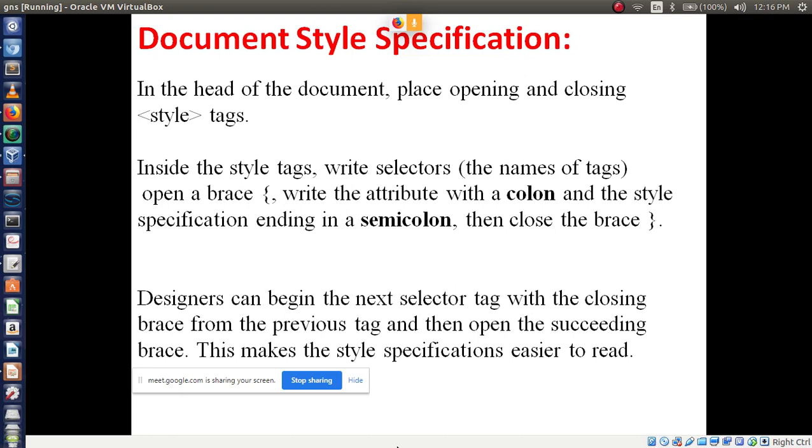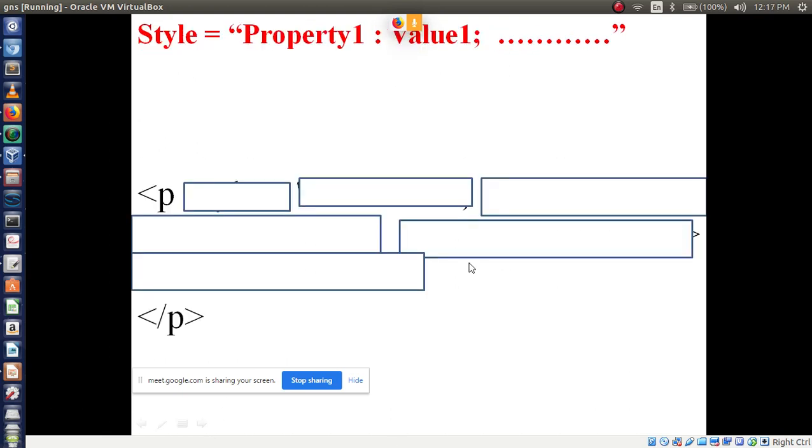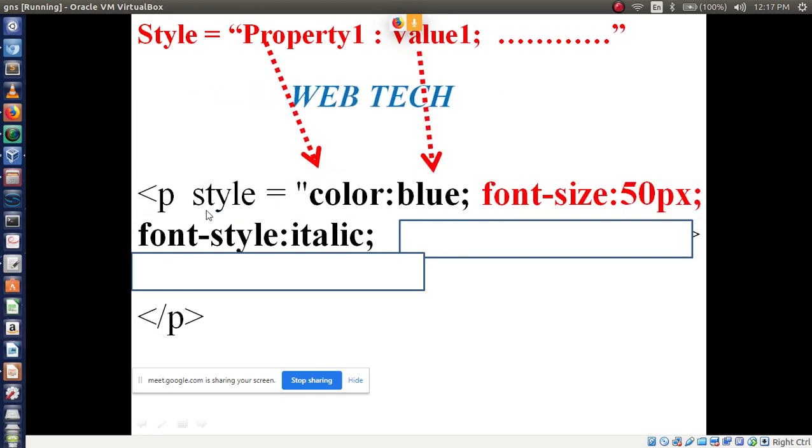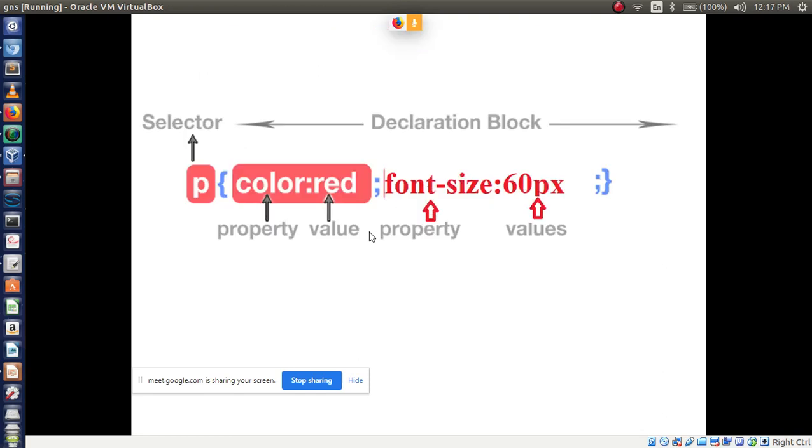First we have to learn style specification format. In a document, see, this is inline style sheet. We are using it like this. Inside the p tag we have to write these styles. This is inline style sheet, right? In a document level style sheet we have to use it like this.